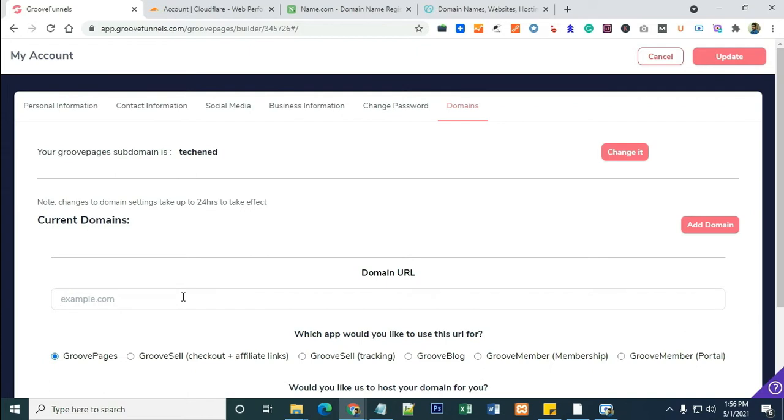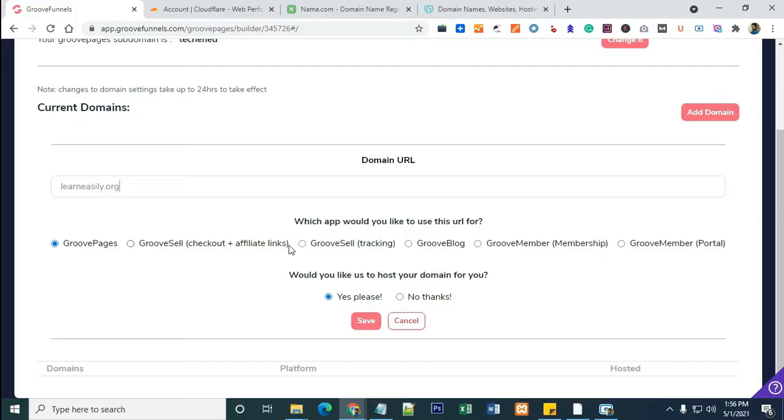Here type your domain name. If you don't want to host your domain on Group Pages, then click on no thanks and click on save.